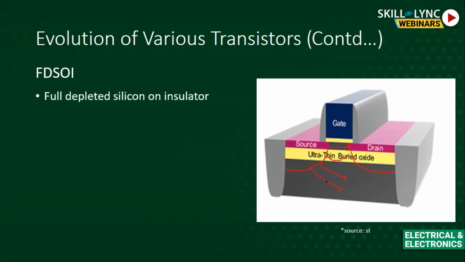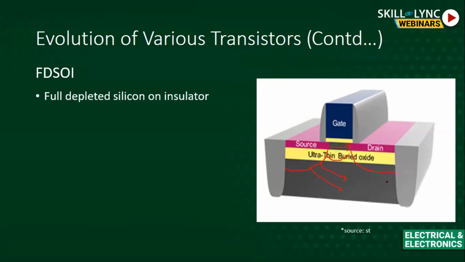The leakage is more in the planar CMOS, but we reduce this, or we kind of completely remove this, when we add this ultra thin buried oxide layer underneath. So the leakage current is reduced. I can also say it's kind of a backgate. Don't you agree? We have an oxide layer on the top, and we supply the gate voltage over here, and we have the ultra thin buried oxide underneath, so we will provide the body bias voltage also.